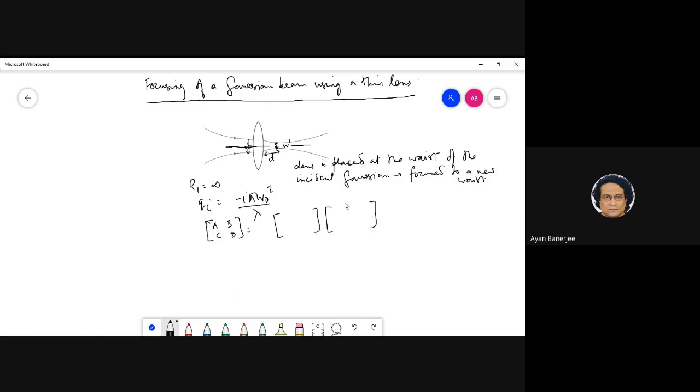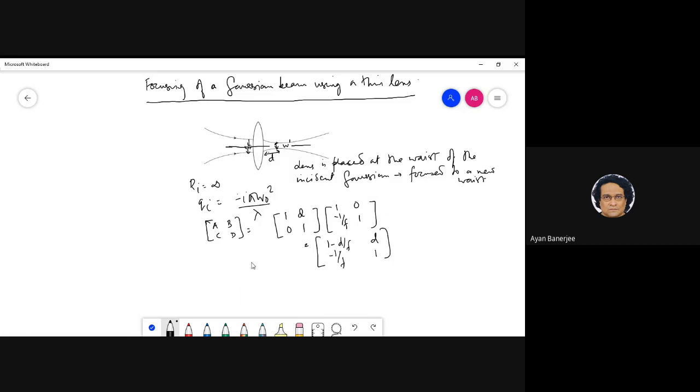So this will be the lens with f1, and this is the focal length. We keep this as d. We will actually find out what this will be. It's interesting actually. So what we have is something like 1 minus, you could just write down. Can you tell me what this is? It's very trivial, no? 1 minus d by f. This is d. This is minus 1 by f, and this is 1, right?